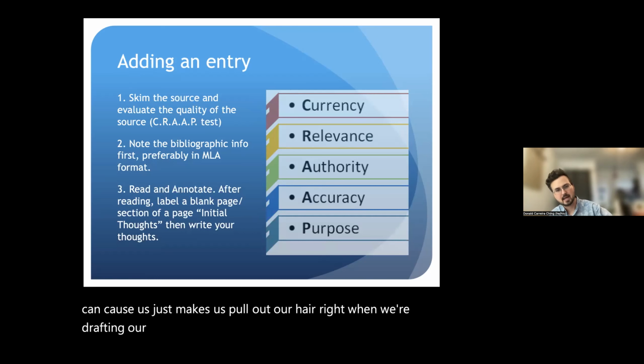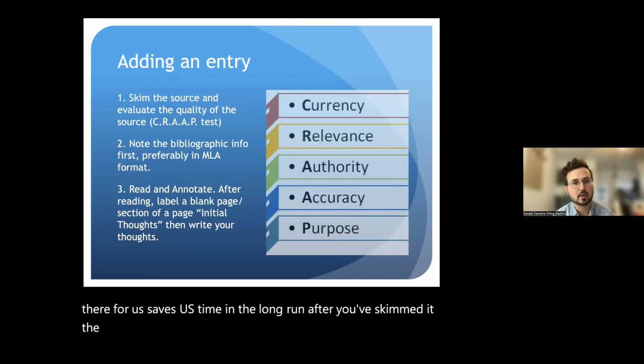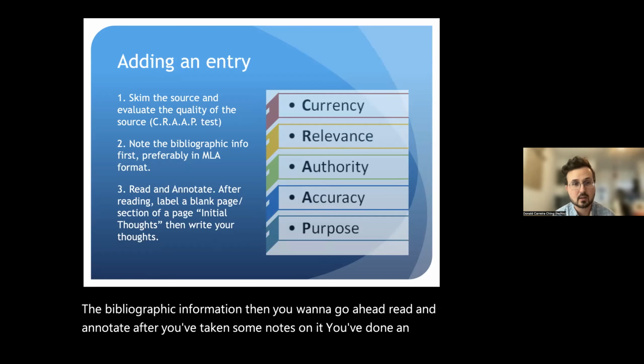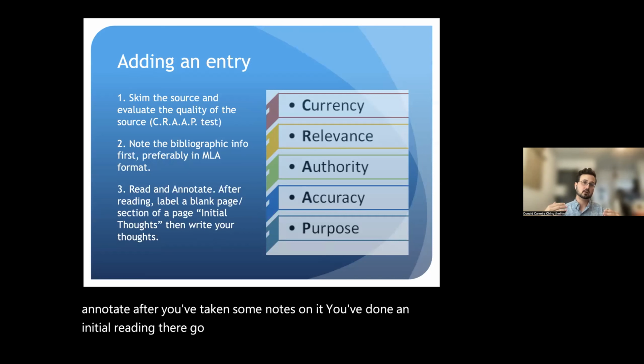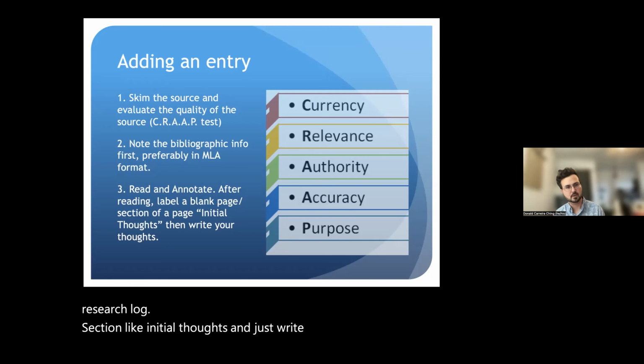So getting that down automatically, putting it there for us saves us time in the long run. After you've skimmed it, you know the bibliographic information, then you want to go ahead, read and annotate. After you've taken some notes on it, you've done an initial reading there, go ahead and put in your research log a section like initial thoughts, and just write some things that came to mind when you first read this